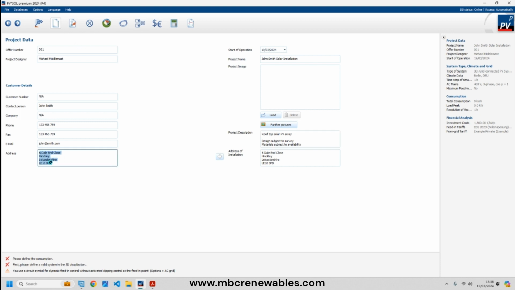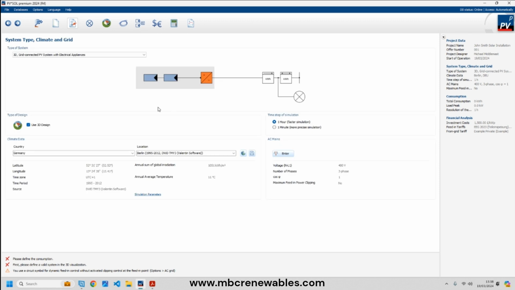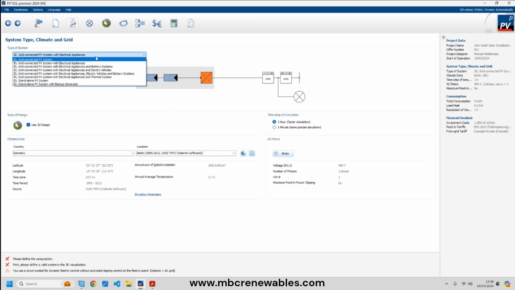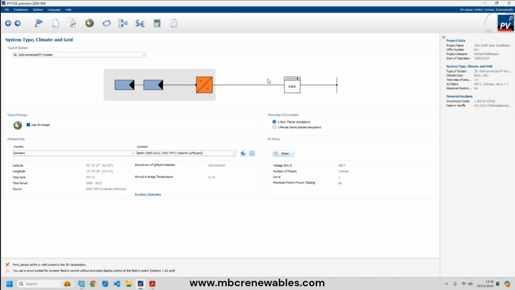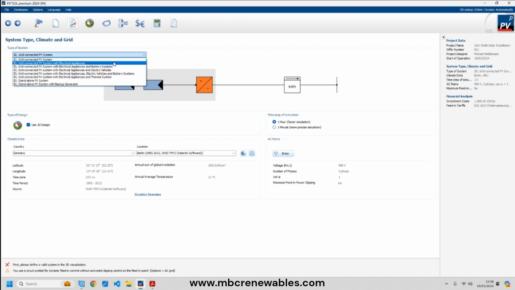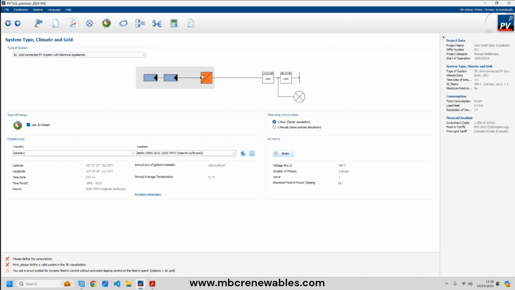The next thing I'm going to do, I'm going to take this postcode right here and copy it, and I'm going to move across to this area, and change this. Now at the top we can do a grid connected PV system. This won't include any consumption from the client. We can also do a grid connected PV system with electrical appliances, and this will allow us to add in